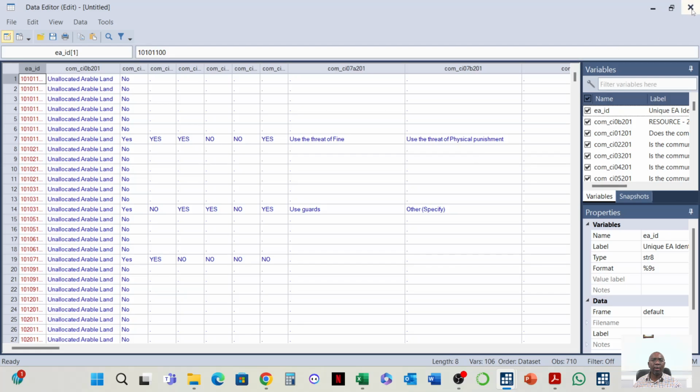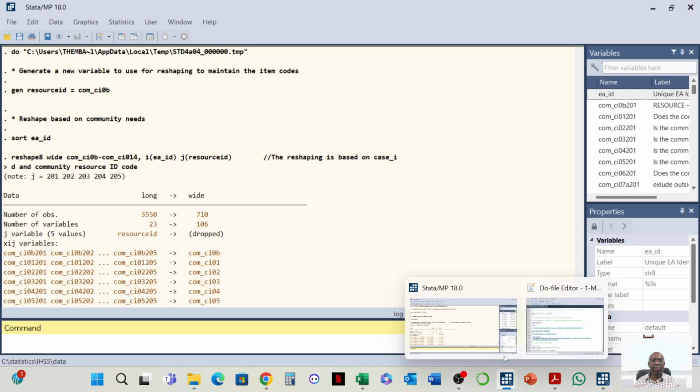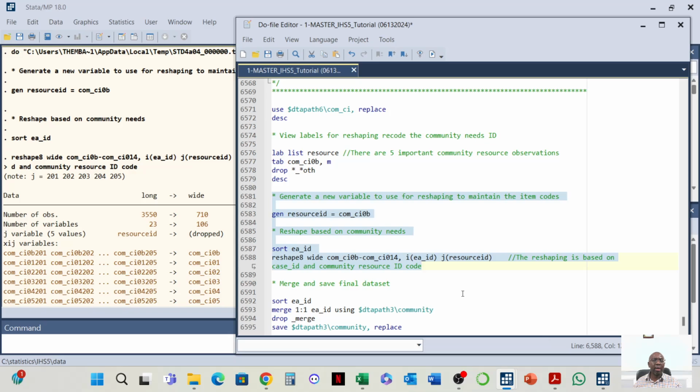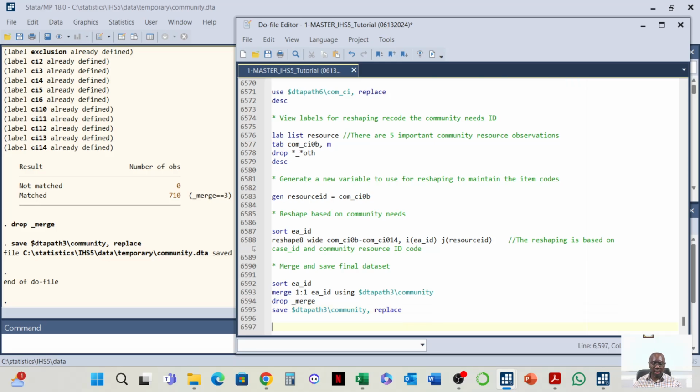We can also use them, and then rather than manipulating them, which can happen when one is running a regression, we could see how this data can be manipulated. But for now, we're just going to merge these DTA files in the community questionnaire. All right, so you see that 710 have been matched according to our analysis. And then next we look at